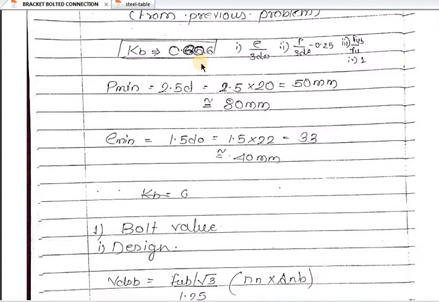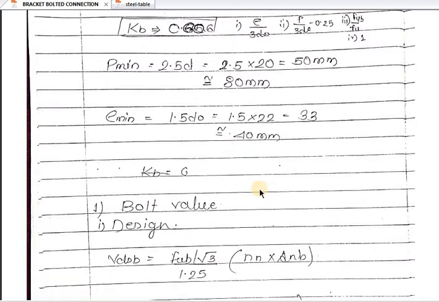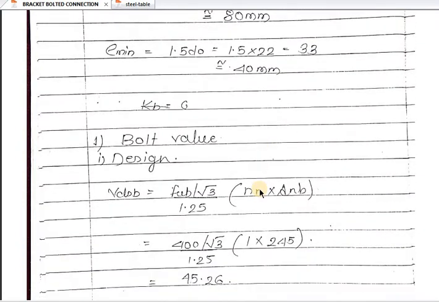After putting the values in all the four things, the minimum value of kb comes to be 0.6. This thing we have already taken in previous lectures. So you can calculate directly with the help of the calculator: put the value 40 divided by 3 into 22. Again, the p upon 3d0 value we have to put: 80 divided by 3 times d0, minus 0.25. Again fub upon fu, and the fourth value is 1. Out of these four values, the minimum value comes to be 0.6. You can check whether this 0.6 is there or not.